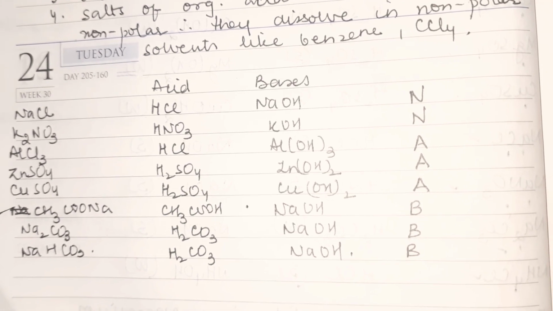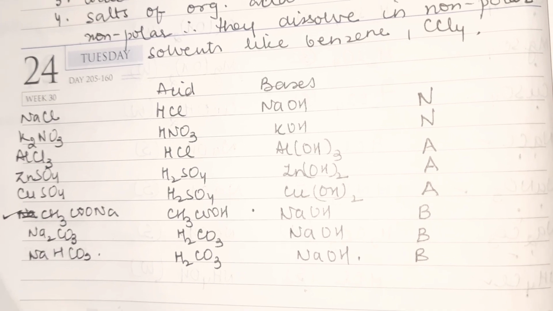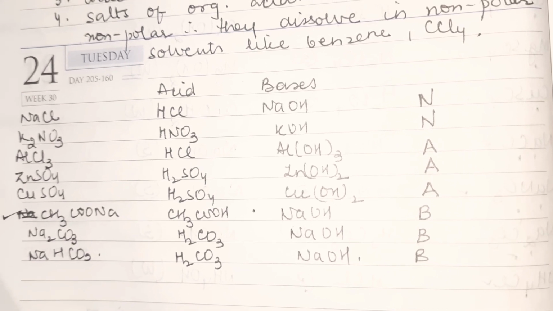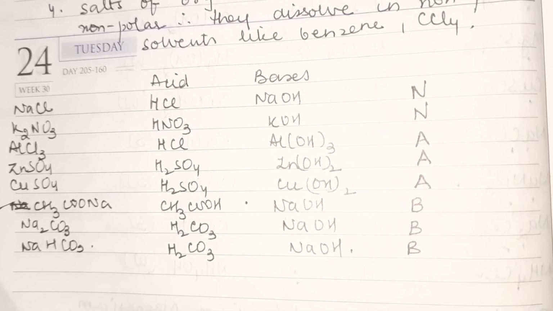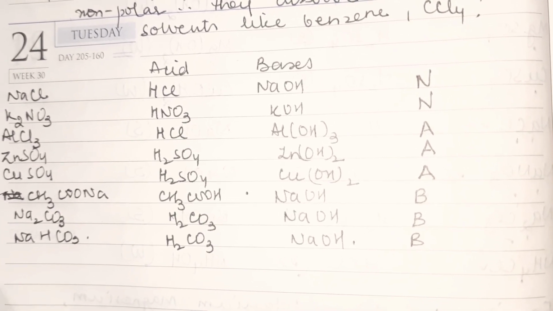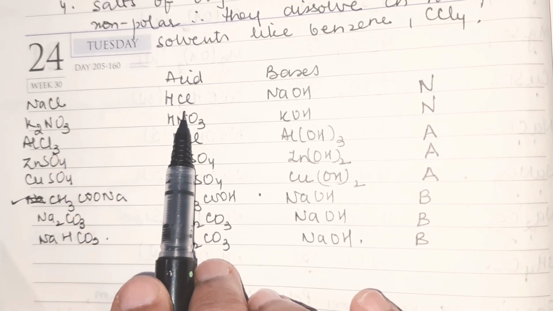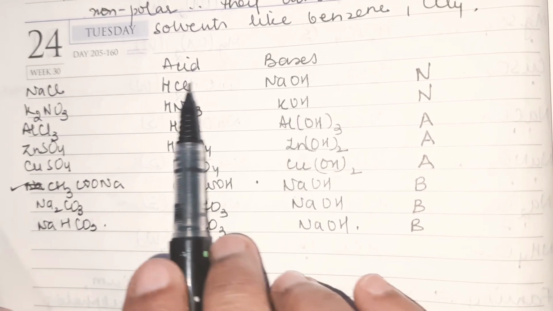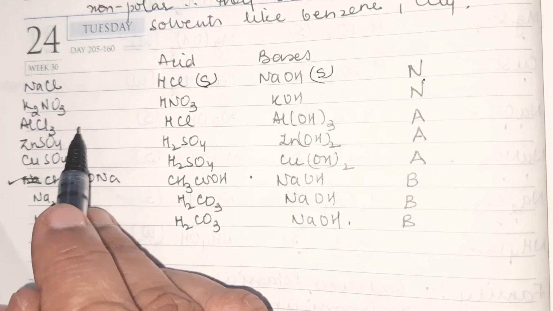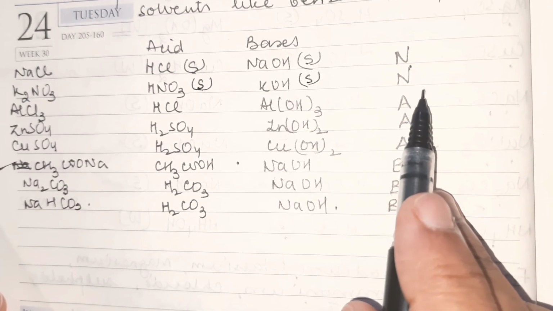I think if you have been watching the video right from the beginning, you must be knowing by now that all the salts are composed of two components. One is acid and other is base, right? So depending upon whether the acid is strong or the acid is weak, we find if the salt is neutral, acidic or basic in nature. Three kinds of salts are available. Now if we see NaCl, NaCl is made up of acid component which is HCl and basic component which is NaOH. Both being strong, we get a neutral salt. KNO3 has a strong acid and a strong base, therefore the salt is again neutral.